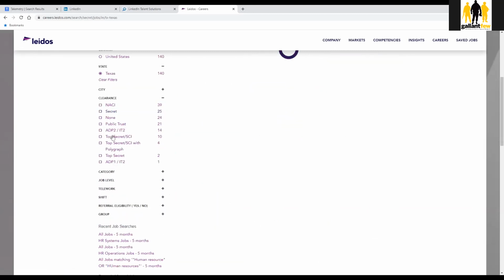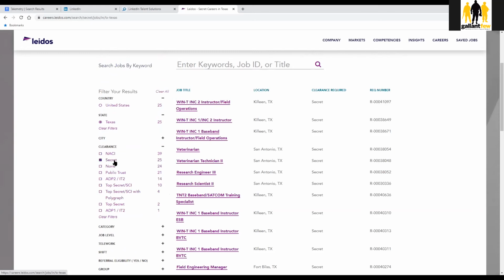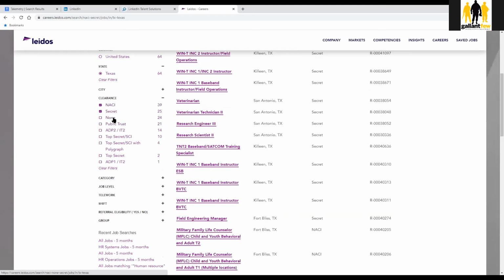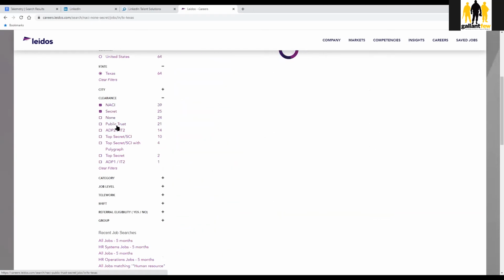So look here too, though, right? Secret, because of the way our filters are, this didn't always used to be the case, but it's something to definitely be cognizant of. Secret is only going to show you positions that require a secret, right? So if you have a secret clearance, but you're willing to look at other positions, you also want to make sure you select other clearance levels that a secret would basically be able to